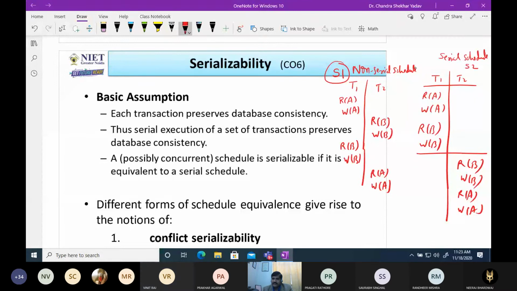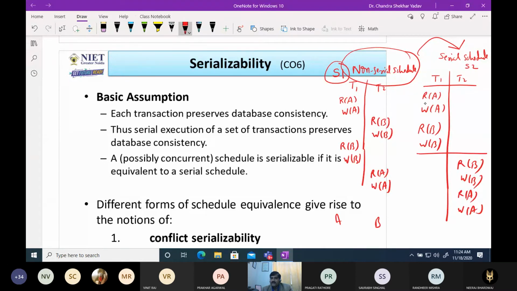After executing both the schedules, if the values of A and B are the same in both, then we will say that this non-serial schedule is equivalent to this serial schedule. और अगर कोई नॉन सीरियल शेड्यूल इक्विवेलेंट टू सीरियल शेड्यूल है तो इसका मतलब ये नॉन सीरियल शेड्यूल अलाउड है. क्यों अलाउड है? बिकॉज ये हमेशा डेटाबेस को कंसिस्टेंट स्टेट में रखेगा. अगर आपको कोई सीरियल शेड्यूल नहीं मिल रहा है तो कोई जरूरी नहीं कि नॉन सीरियल शेड्यूल हमेशा इनकंसिस्टेंट स्टेट में रखेगा डेटाबेस को. कंसिस्टेंट स्टेट में भी हो सकता है लेकिन इनकंसिस्टेंट स्टेट भी मिल सकता है इन सम केसेस. सो गारंटी नहीं होगा कि ये ऑलवेज कीप डेटाबेस इन कंसिस्टेंट स्टेट. और ये जो फाइंडिंग आउट प्रोसेस है इक्विवेलेंट सीरियल शेड्यूल, दैट प्रोसेस इज कॉल्ड serializability.